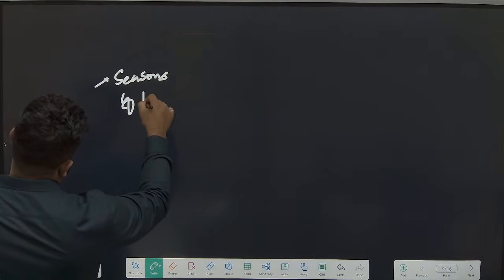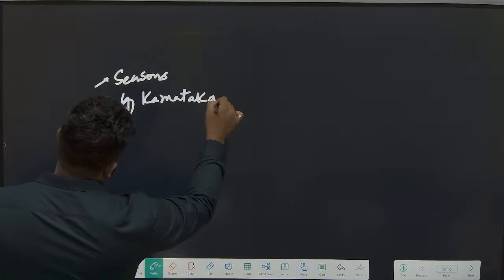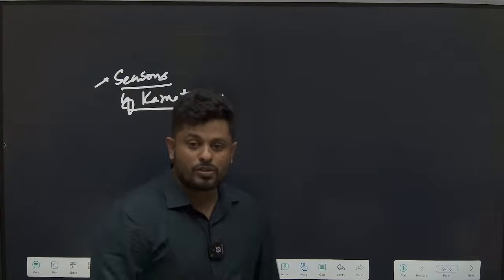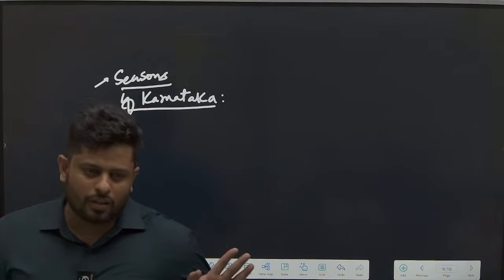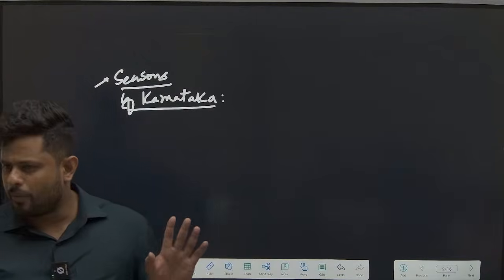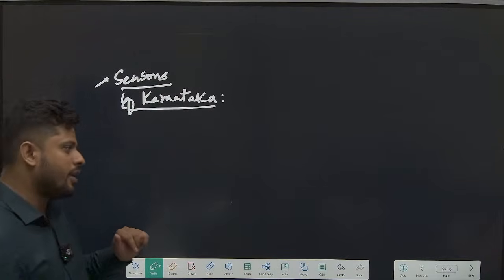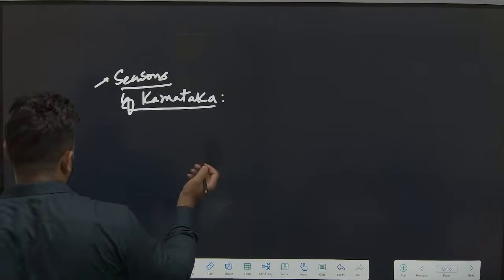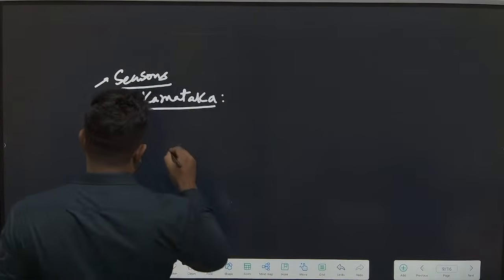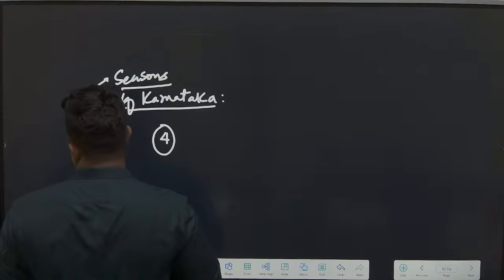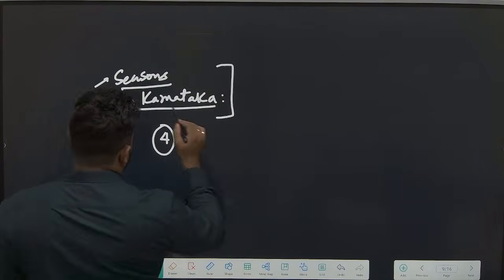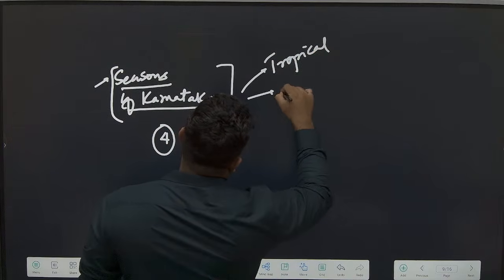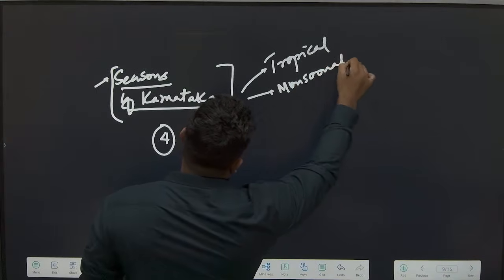The seasons, associated with the information of rainfall, are the most important topic you'll ever have to study in your preparation. Everything is regulated with this. Be it demography, economic prospects, social prospects, even to a certain extent political prospects, all are directly shaped by these things. How many seasons do we have? Four. Karnataka, being largely in the tropical belt and largely monsoonal in nature, will have four seasons.